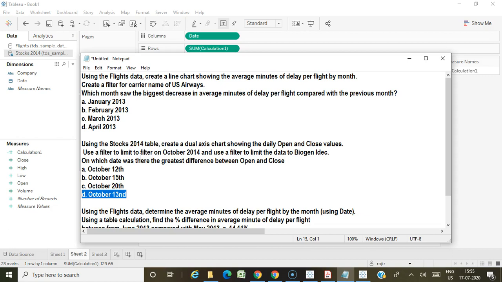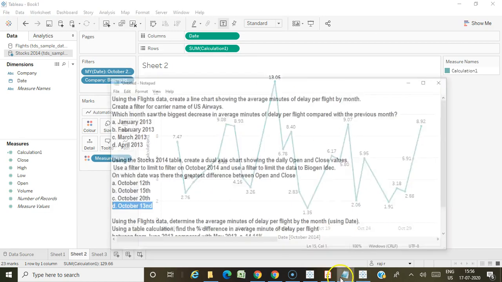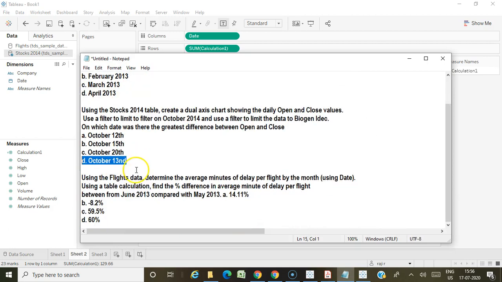Then you have to find on which date you find the greatest difference. So here I have taken the difference of open and close, and also mentioned the filters, and I have created this line graph. You can see the greatest difference is on October 13th, and this is the answer. Okay. Let's go to the next question.